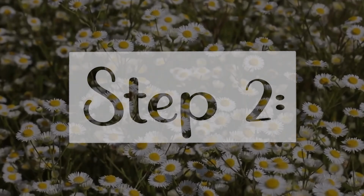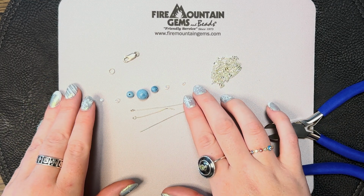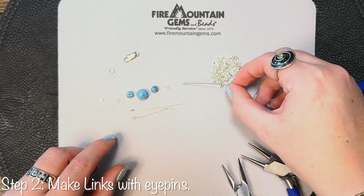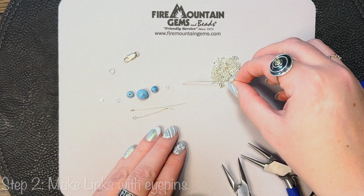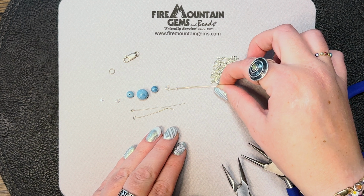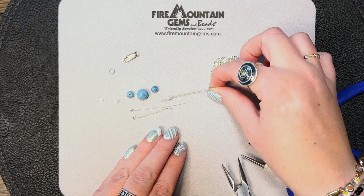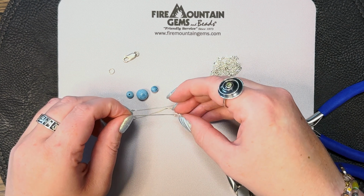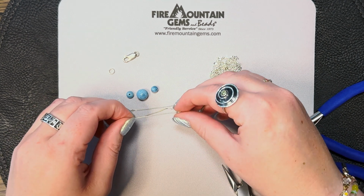Step 2. Okay, the first thing that we're going to do to make this bracelet is make our drops. So we're going to take one of our eye pins, and kind of like with our earrings, if you want to make it quicker and easier, you're going to put all of your beads on the same eye pin. But I'm wanting to give it that beautiful lengthy kind of look, and so I'm going to do 3 separate